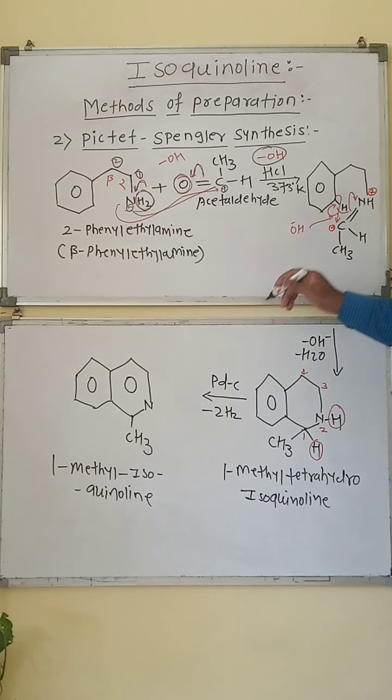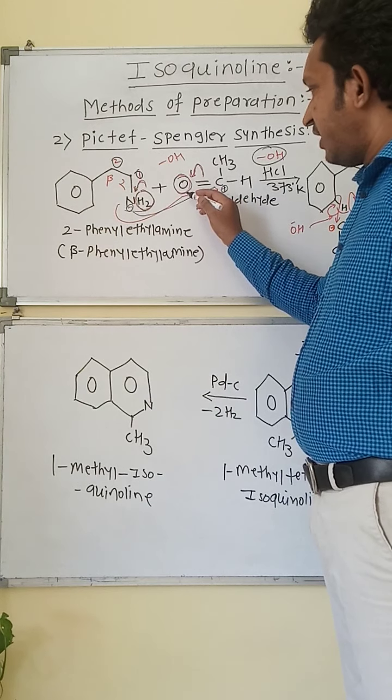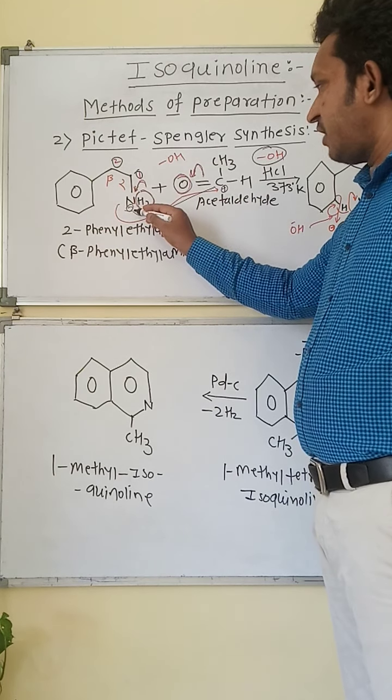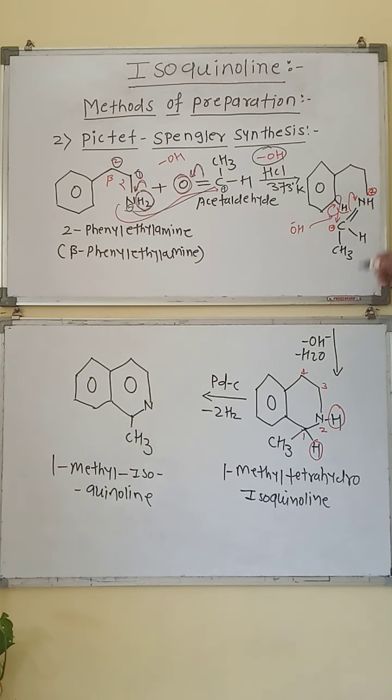Now this carbonyl carbon, which had the valency of 2 to oxygen, will form a double bond toward the nitrogen, that is, a nitrogen-carbon double bond forms. Here the formation of the nitrogen-carbon double bond is the condensation between the nitrogen and the carbon. Now we get this structure. After that, in this structure, there is a hydrogen attached to the ring carbon.